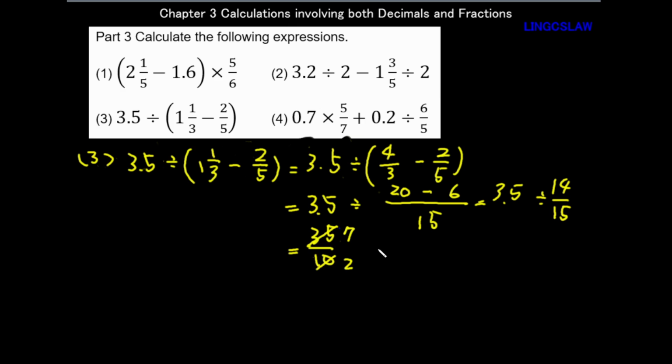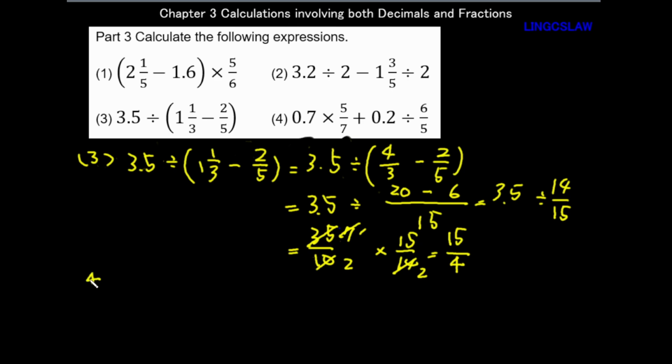Okay, times 15 over 14, because you change this into the reciprocal of this one, and let's simplify this one. So the denominator is 2 times 2 equals 4, and then the numerator is 50. Okay,